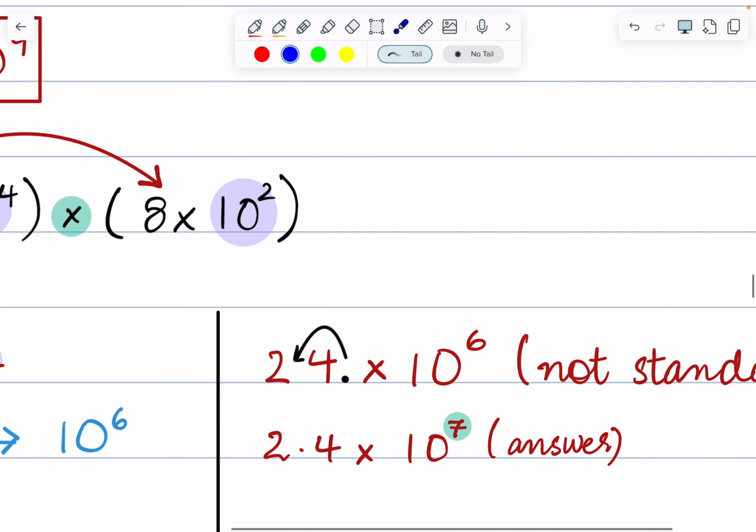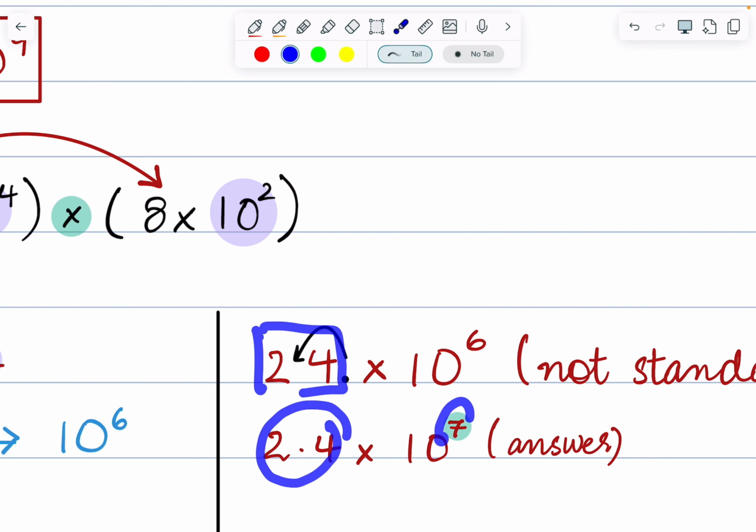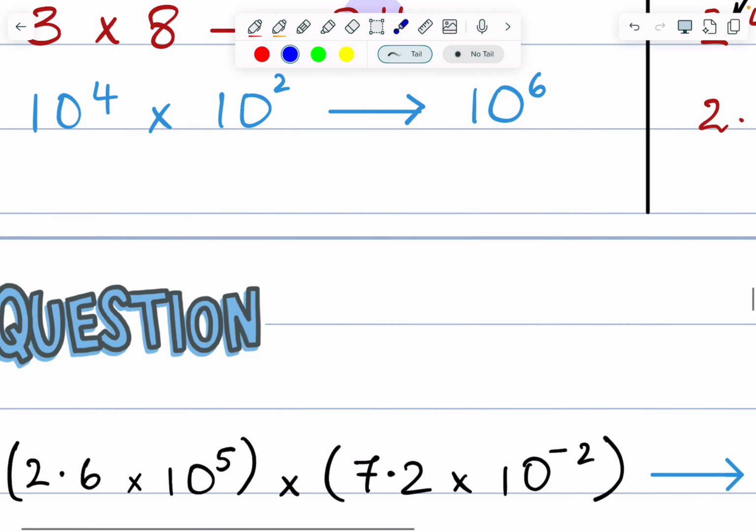Because देखो ना, this is not in standard form. 24 is not standard form. So if I want to move it एक place पीछे, I need to move the decimal एक place पीछे, right? So I'm making a bigger number into a smaller number. So it will become 2.4 times 10 to the power of 7. You add 1 to the power. Let's say it was a smaller number, but I was making it a bigger number. So you would subtract from the power. Got it? Okay, try this one.